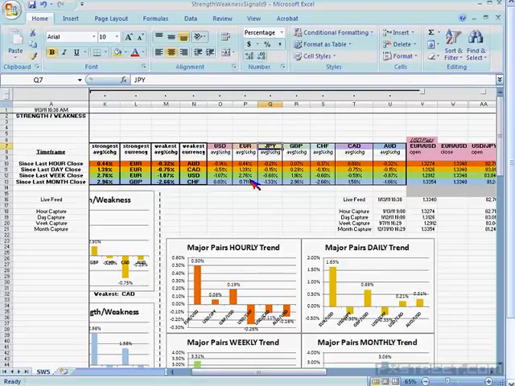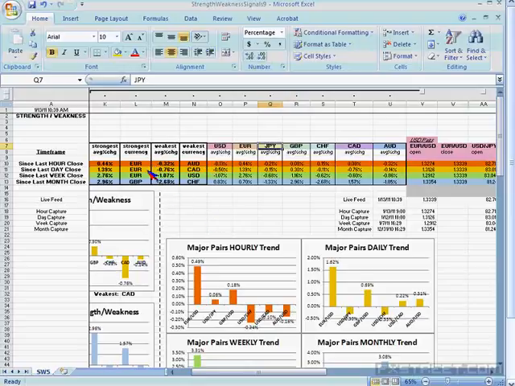Now, basically what I'm doing is, I took the strongest and the weakest of all these, and then listed them here. And this will change as the prices change. So the strongest currency at this time, on an hourly basis in the last hour, has been the euro, and the weakest has been the Australian dollar.